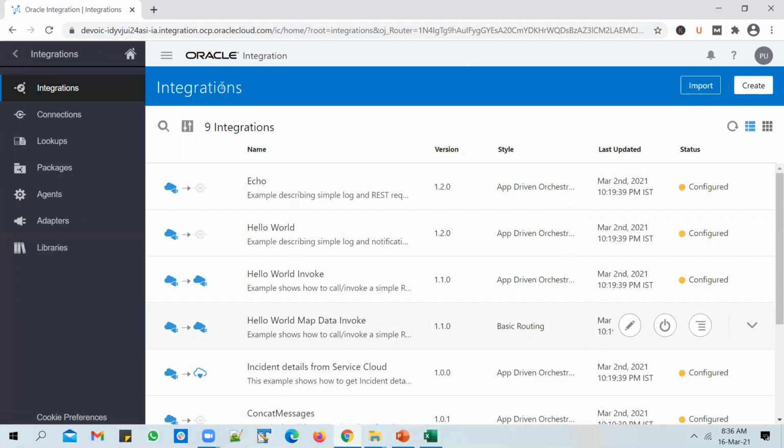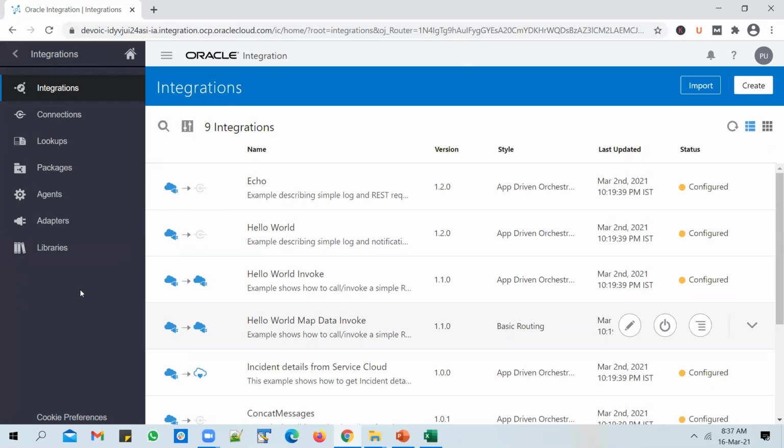Integrations are typically used to connect systems together or connect applications. Okay, it could be an Oracle to Oracle system or a non-Oracle system with an Oracle system. When you build integrations, you can use any of these components within the integration build. So we'll get down to the integrations work area in greater detail in the next video, where we'll talk about all the options that are available there.